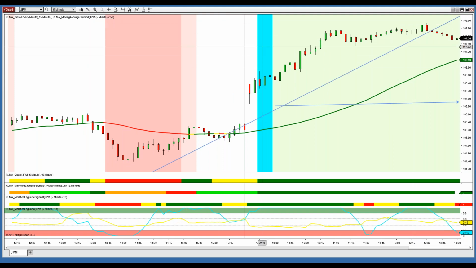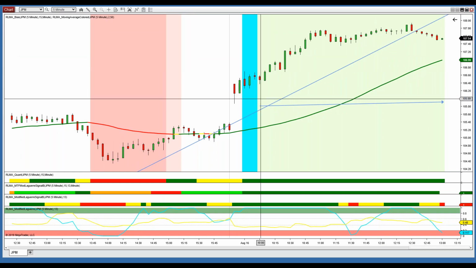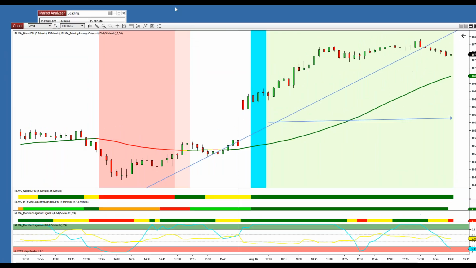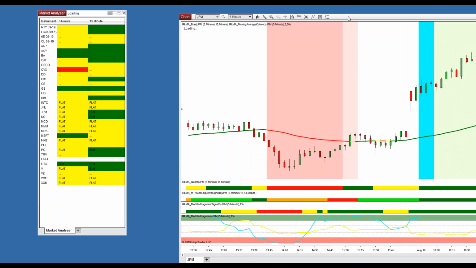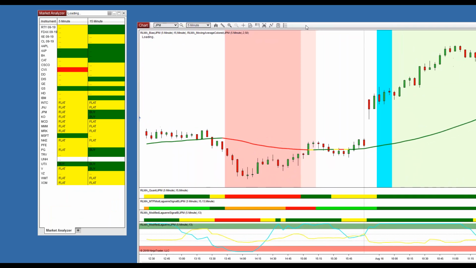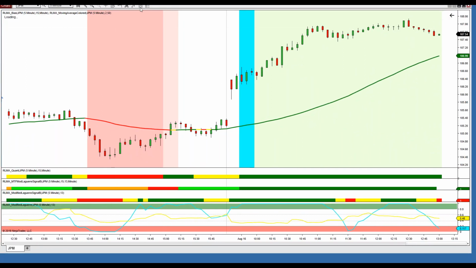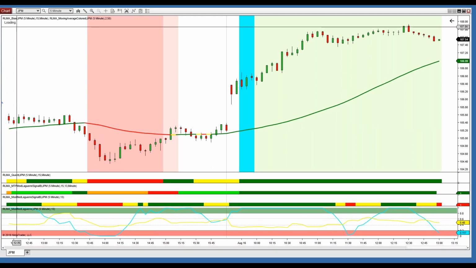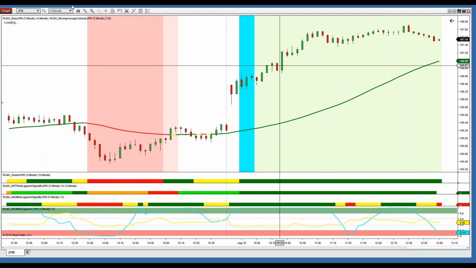So let me go back again to the indicators to show you what we're looking for. We're looking for a multi-time frame alignment. And the funny thing was the trade analyzer, which is right here, was just giving me multiple flashing signals right here. And I just don't know why we're not getting them now. Now the chart's still loading, so maybe that's part of the reason. See right there, still getting a loading signal. But anyway, let me go back to this